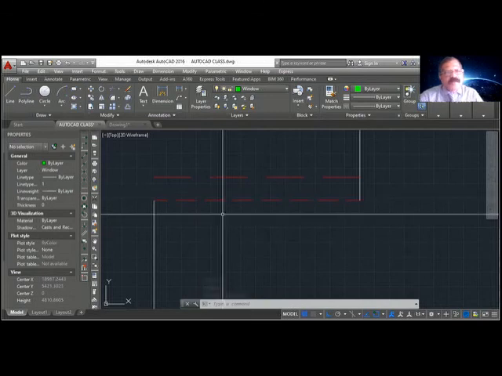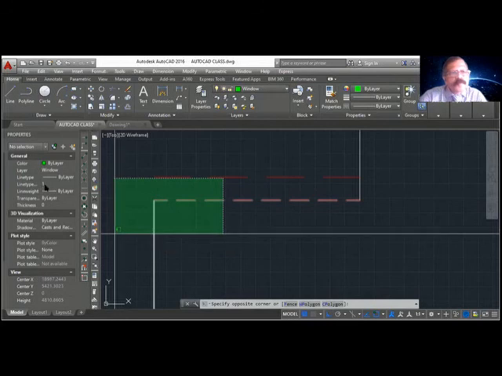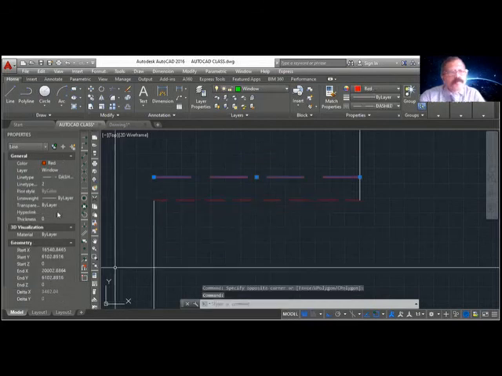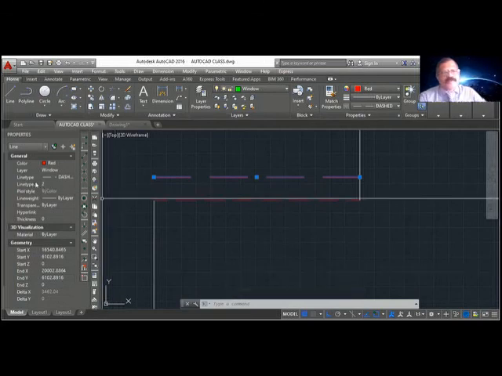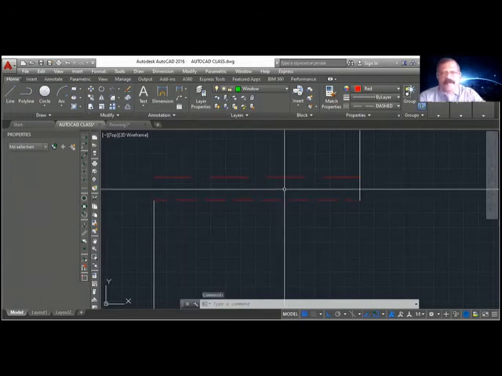When I change it here and type 2, whatever LT scale I gave, it became double, only this line. This is the line type scale. Whatever the global scale I gave, maybe 50 or 100, it became double. That is why it became far away. Okay, so we can use properties for so many things.